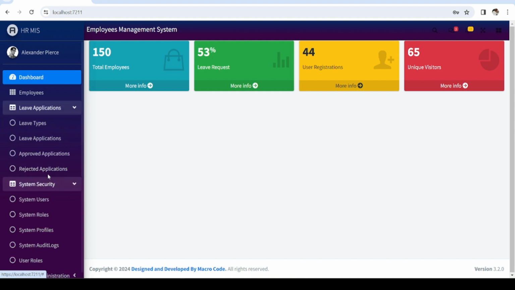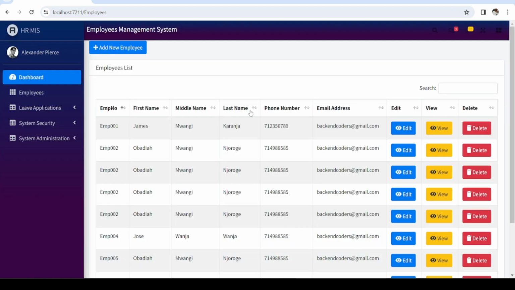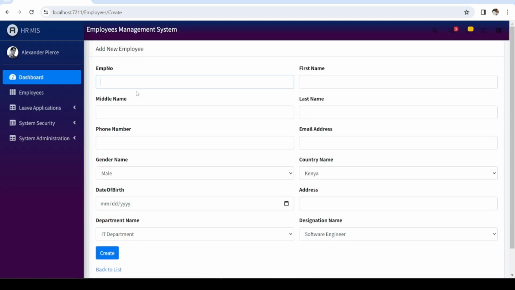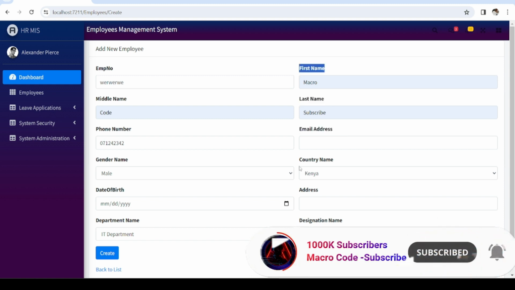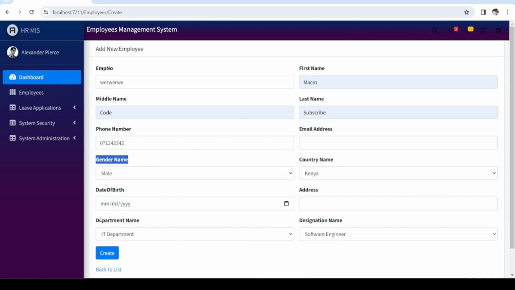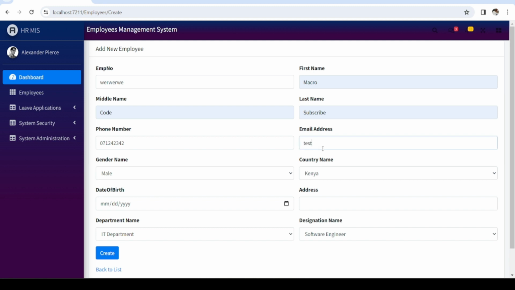So if we go to system, so if you go to employees, that is employees, then I'm going to create a new employee. And I'm going to have some just weird names. Then I can do that. So you can subscribe. I've put in the last name here, subscribes. You remember the changes that we've done: the email address, the last name, the middle name, the country name. You see how it is appearing now? We don't have the IDs, the same name that are actually on our models. So I do that, then I can say here,